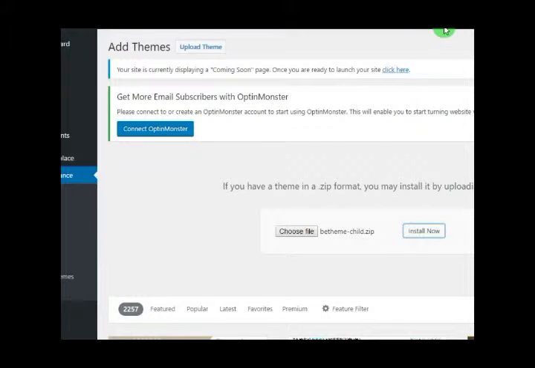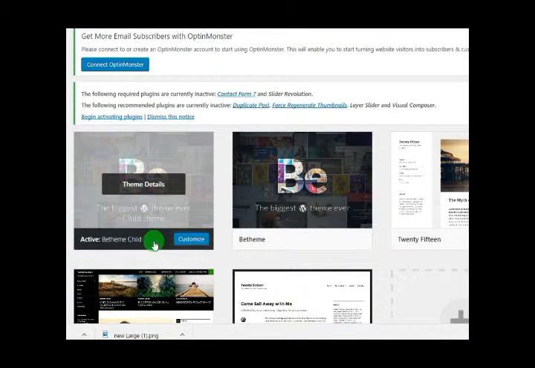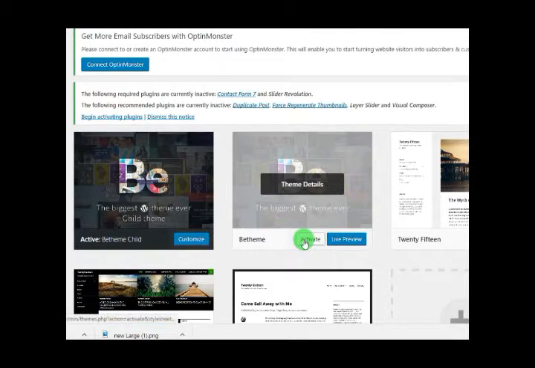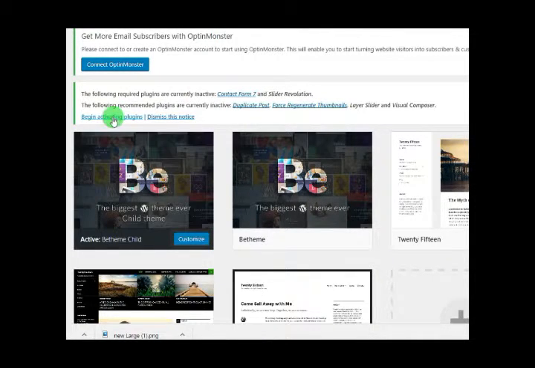The theme will be uploaded. It will take some time. So when the theme is uploaded you just have to click on Activate, as I have activated it already by clicking on Activate. So now the next step is you have to begin installing all these plugins which we require